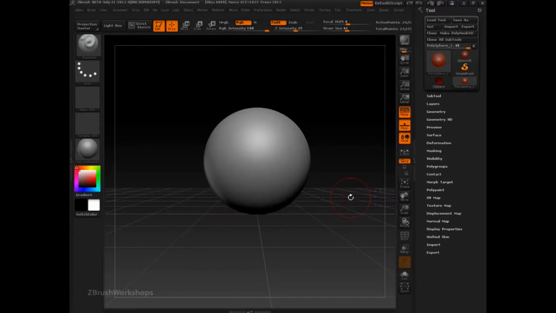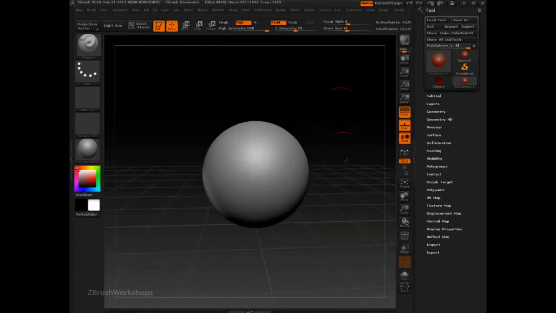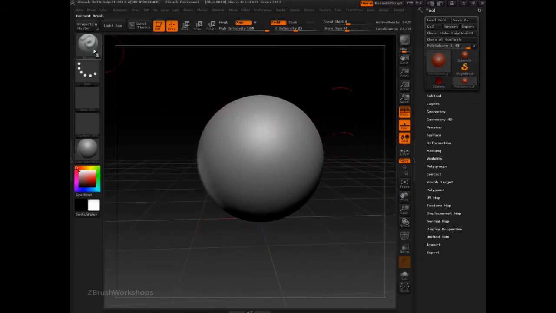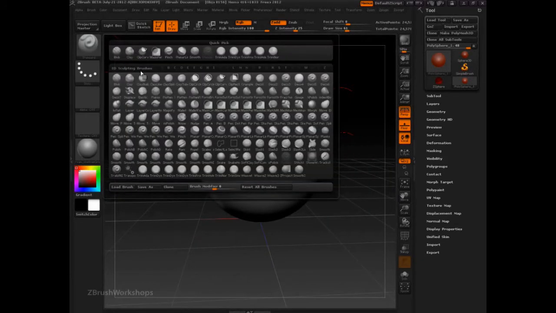Let's talk for a moment about the brush controls, the different aspects of using a brush, such as the stroke, such as the alpha, maybe a texture, things like that. Let's just get very clear on what controls what with brushes. First thing that we need to be aware of is that the primary feature of all brushes is their algorithm,